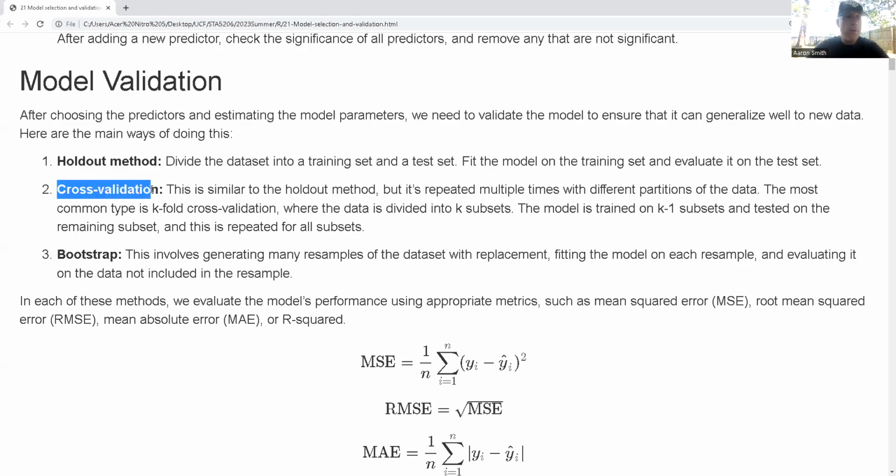Now, cross-validation. How we handle this is that I'm going to break up my data into subsets. And then for each subset, I'm going to hold it out like I did in the previous holdout method, and with the rest of the data, I'm going to build the model. What's different with cross-validation is I'm going to break up my data. Let's say, just to keep it simple for explanation, into 3 parts, approximately 1/3 each. I'm going to take the first holdout set. I'm going to use the other 2 to build the model,